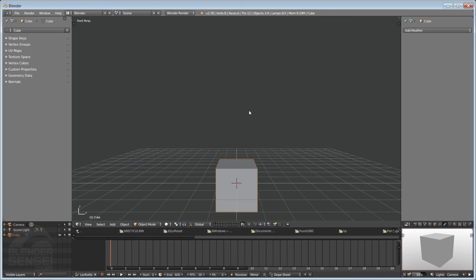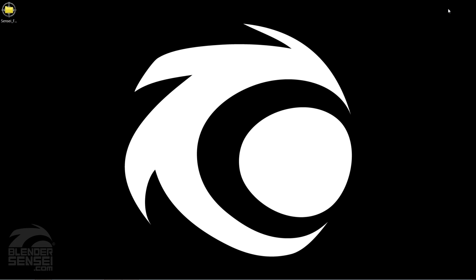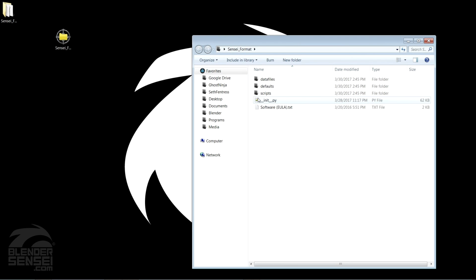And finally, before we go, I told you I was going to tell you a tip that would help you install any add-on into Blender and always make sure it goes off without a hitch. To explain what I mean, I'm going to minimize this for a second, and here is the Sensei Format zip file, the add-on that we installed a minute ago. The reason why we had to install this as a zip file is because this add-on contains an init.py file. So if I were to extract this, or unzip it basically, and we open up the folder that was inside that zip, notice that there is this